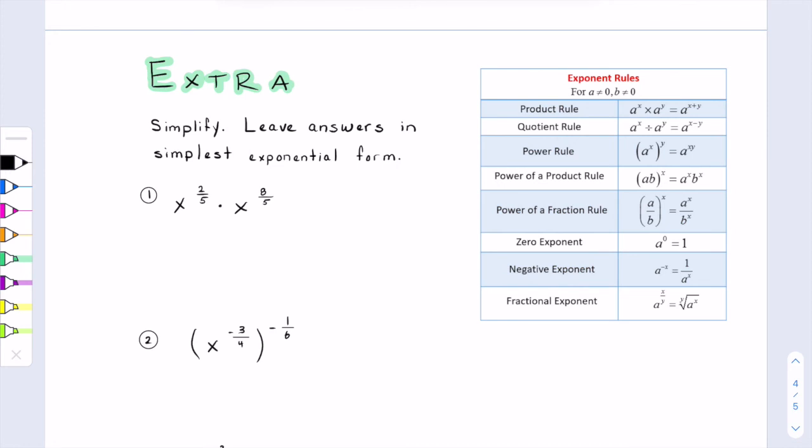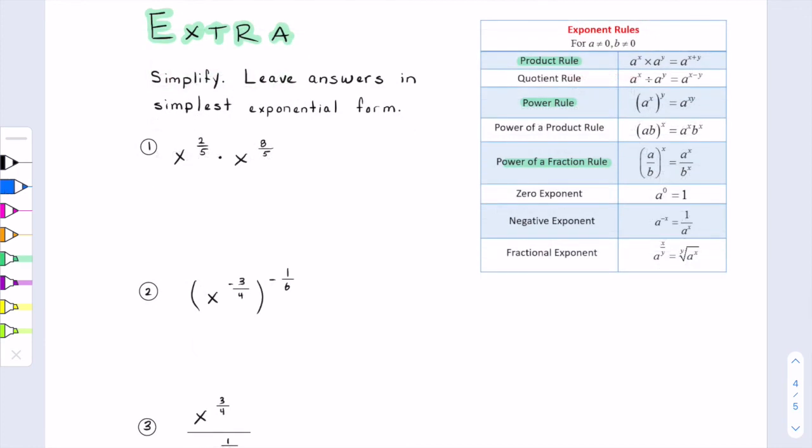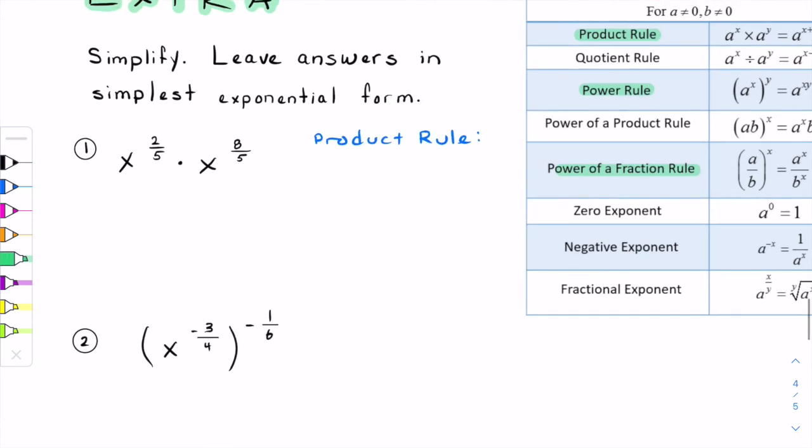I'd like to take a moment and go over a couple of extra examples. These extra examples use a couple more of the exponent properties from our chart over here. So looking at number 1, like I said, we're going to be using the product rule. And this tells us that if you have the same base, you can add your exponents. We have a base of x for each of these, which tells us we can add our exponent of 2/5